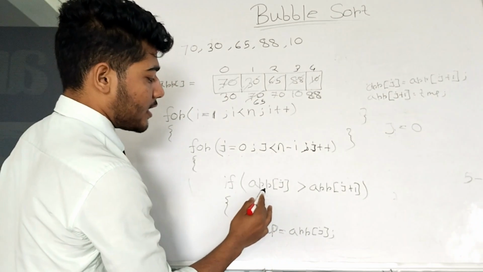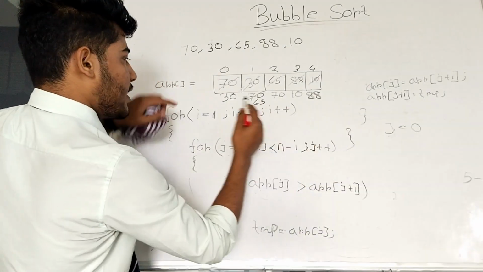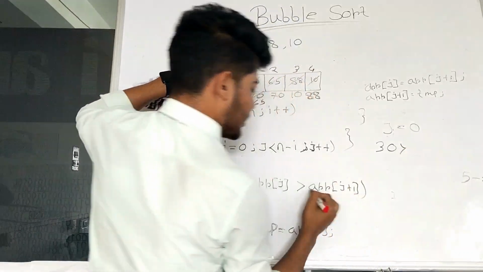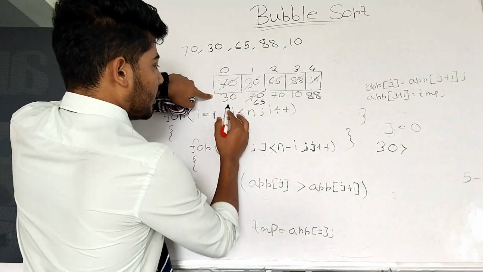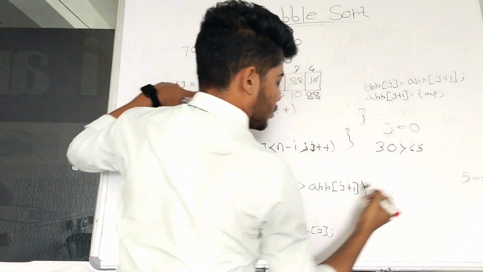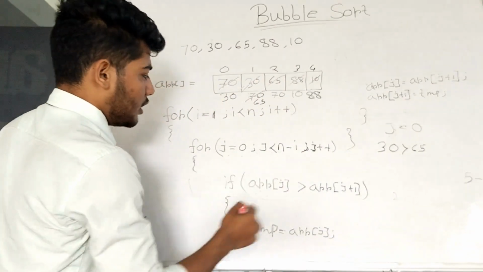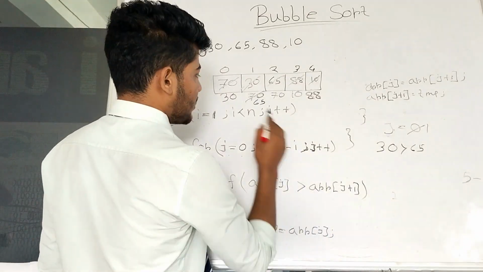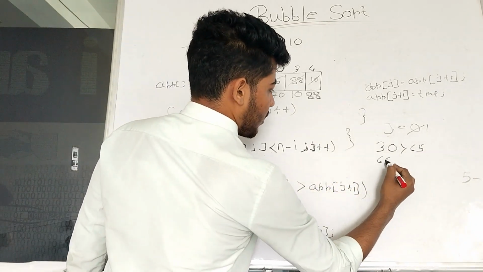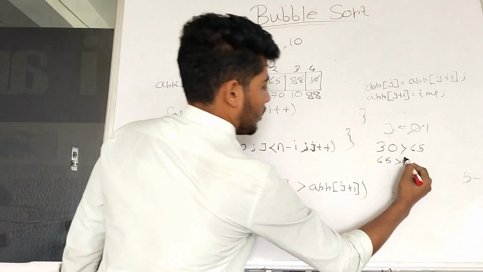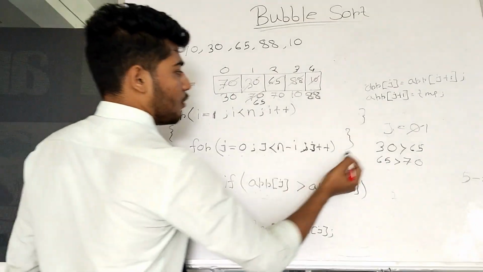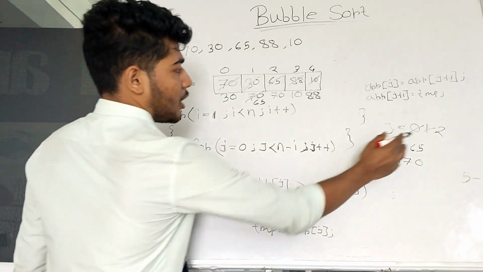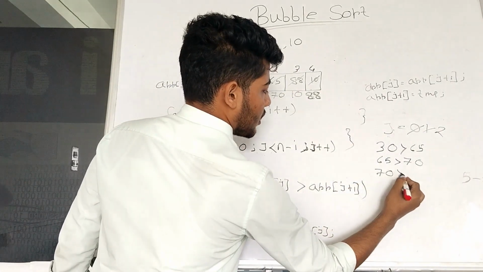so it will enter into the loop. arr[j] greater than arr[j+1]: arr[0] is 30, arr[j+1] is 65. 30 greater than 65, no, so it will not enter into the if condition. j will now be 1, less than 3, true, so arr[j] is 65 greater than arr[j+1], which is 70? No, so j will be 2. It will again enter into the loop, arr[2] is 70 greater than